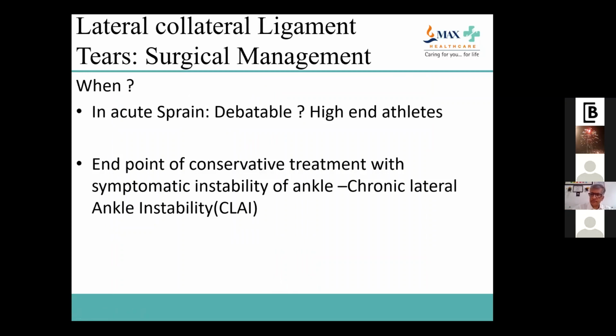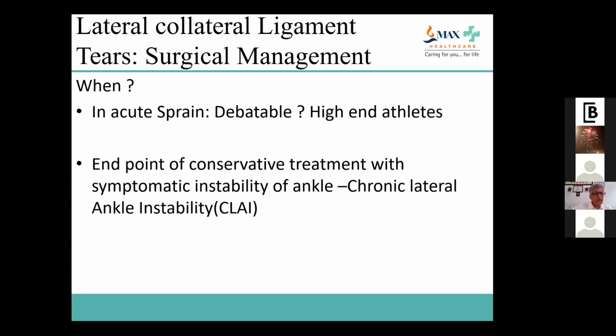So we know that all acute ligament tears are to be treated conservatively. The conservative treatment is basically RICE plus REF, and as soon as the pain relief takes place, it is to be followed by a rehab program of physiotherapy. In today's time, there is no role of a cast. In sprains, a cast rather inhibits the maturation of the ligament into a normal working ligament. So they should never be given.